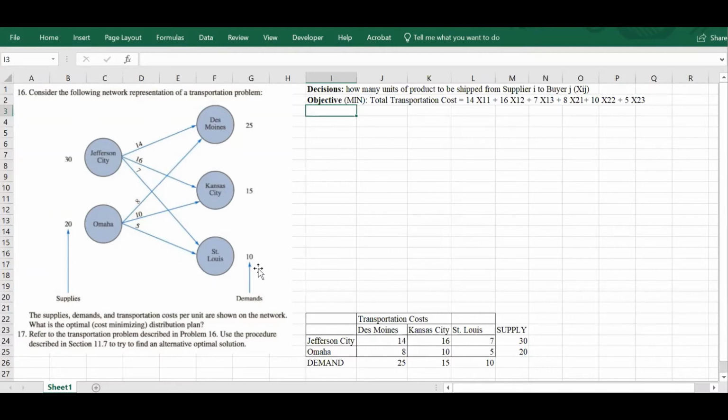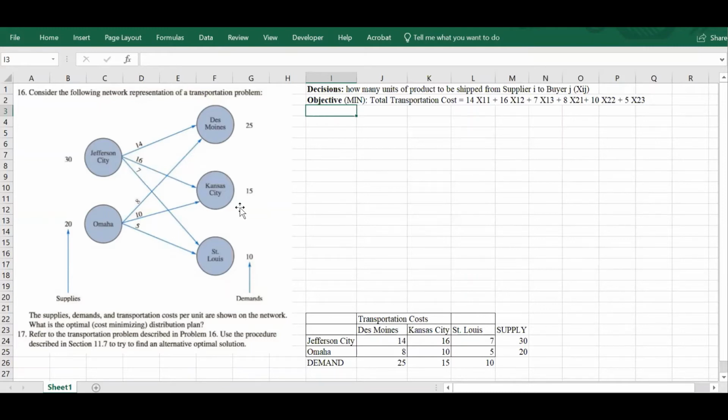But in general, in these types of questions where you're trying to minimize the cost, you want to make sure that you don't end up with zeros, because you want to form your constraints in a way that makes sure you're shipping something, right? And because of that, usually you have less than or equal signs for your suppliers. For your supply, you can't go beyond 30. You can't ship more than 30. And for the buyers,